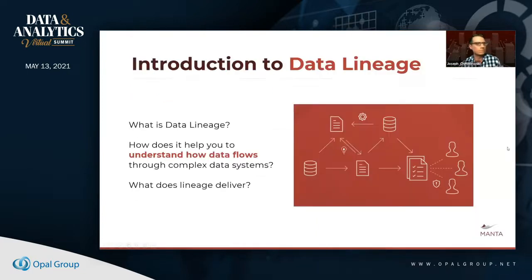So let's begin. Okay, so what is data lineage? Well, at a high level, data lineage can be thought of as a family tree for your data that traces the parent-child genealogy back to the beginning of time. But this family, like most, can be a bit dysfunctional. Not everything is as it seems on the surface level. As we peel back the many layers to the metaphorical lineage onion, we uncover connections between elements that we may not have expected, as well as identify assets as being highly important that otherwise would have gone unnoticed,